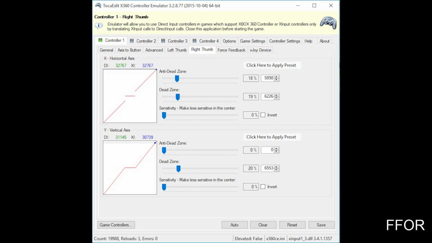And this is why I need to set my anti-dead zone in this case. Otherwise, you'll notice I can't quite get my Y. Oh, that explains it. I can't do power loops very easily with this setup. However, when I go back, I'm going to reset my